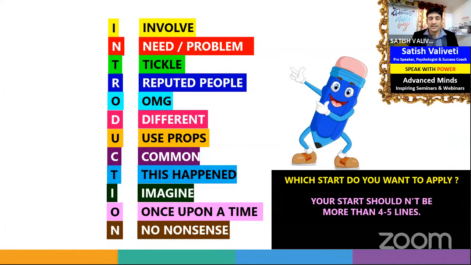Elaborating the use props point. Props means basically tools that you can carry with you on the stage. For example, if your topic today is let's say memory power, what if you go on the stage and carry a skull or a brain model. Imagine a brain model, you carry it like this on the stage and you show the brain to them. It grabs attention, doesn't it? Instead of you going normally, if you carry that prop with you, they'll pay more attention because they want to know what it is. Human beings by default are curious. If you can fuel that curiosity, you grab their attention. So props is something like that.